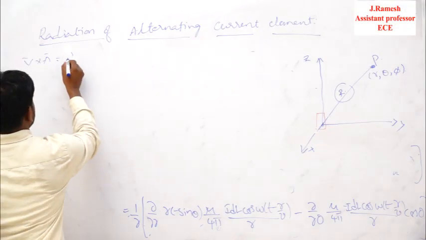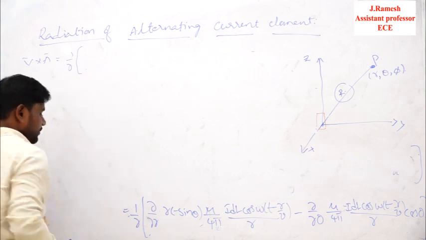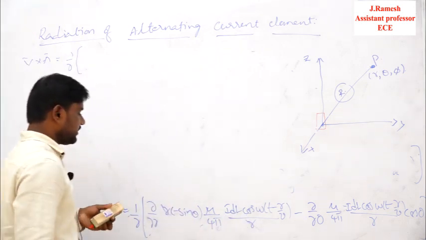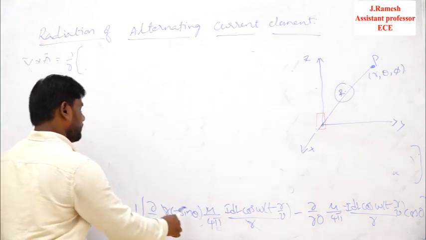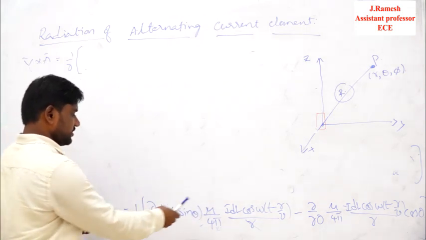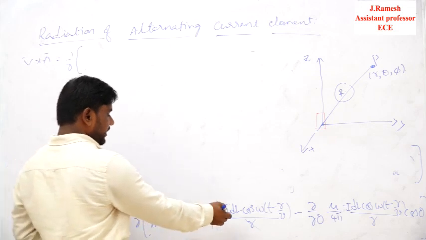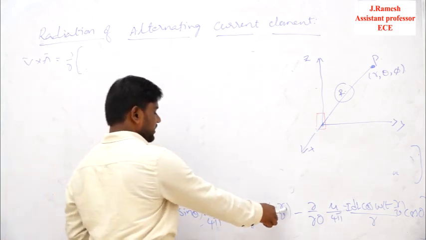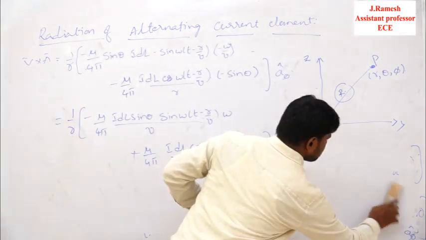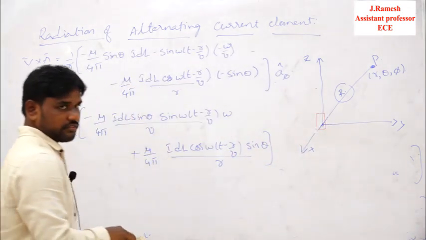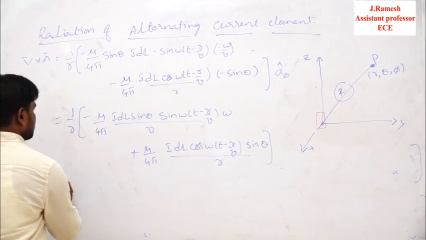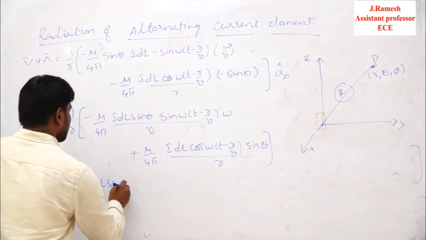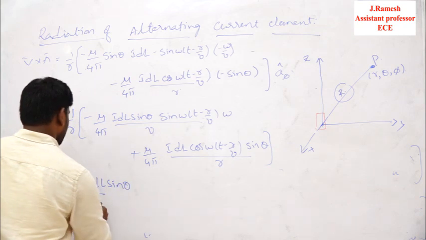1 by r into, so here if you observe clearly, r and r get cancelled. So now mu by 4 pi minus sin theta are all constants, we can take them outside, and the remaining terms are I dl cos omega t minus r by v. So here there is a term r. If you just take the common of this term, it will be given as mu I dl sin theta by 4 pi,